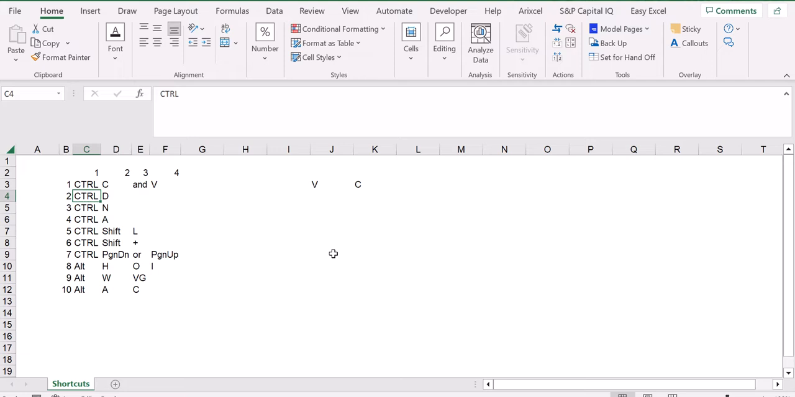Another pretty powerful shortcut is Ctrl plus D, and it is used to copy paste any information to the cell below. So for example, if I go in column J, right below cell J3, I can just press here in cell J4 Ctrl plus D, and I just copy paste the information that was in the cell above of mine